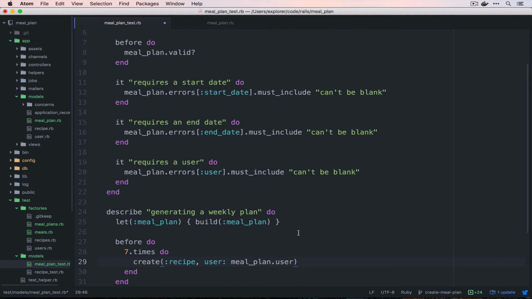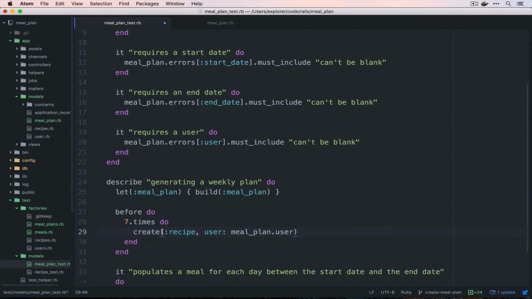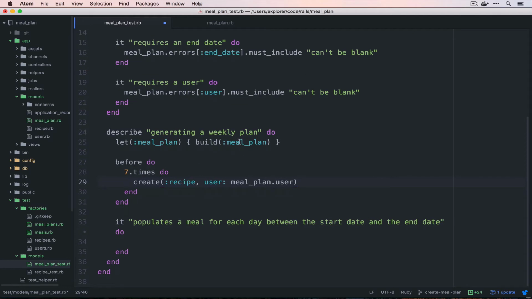And whatever user the meal plan has, it's going to look for the recipes that also belong to that user, and it's going to pull from those in order to make sure that it has the recipes for each date. So we have to create one for each of the dates in between there. I'm going to say that our generic meal plan that we're going to build our factory for is going to be a 1-week meal plan,